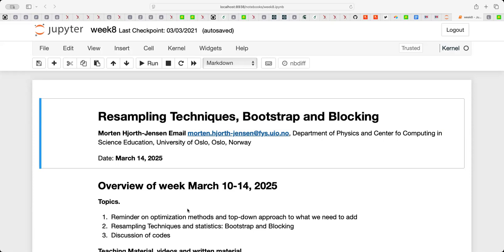And we are going to go step by step through some of the statistical elements so that you get the background. But the top-down approach is that you take your Monte Carlo code, you write to file the expectation values as a function of the number of Monte Carlo cycles. And then when you have that file, you can use the software, which we have in the lecture notes here, and do the statistical analysis and get the final expression for the standard deviation.